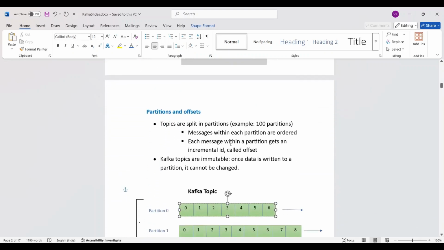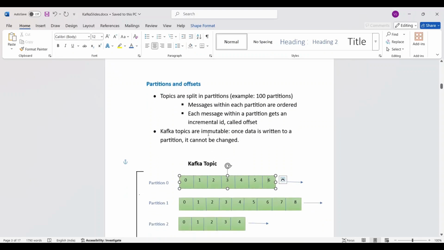Our next topic is partitions and offsets. Topics are split into partitions. For example, a topic can be made up of 100 partitions. Messages within each partition are ordered. Messages sent to a Kafka topic are going to end up in these partitions, and messages within each partition are going to be ordered. Suppose my first message goes into partition 0